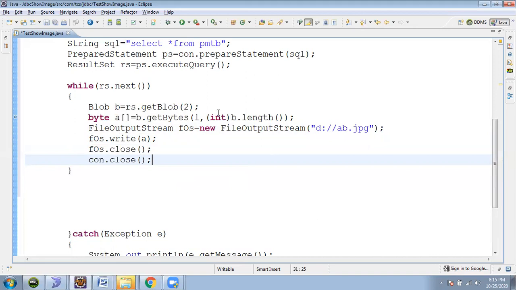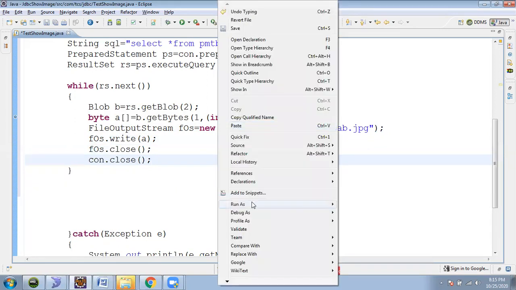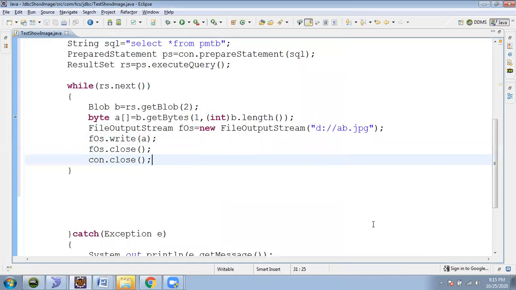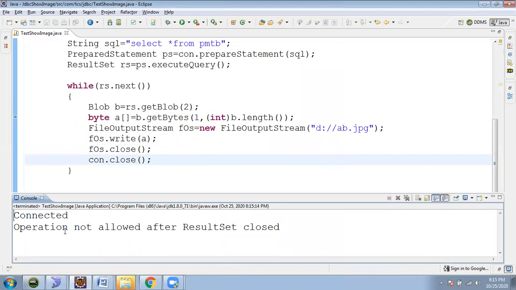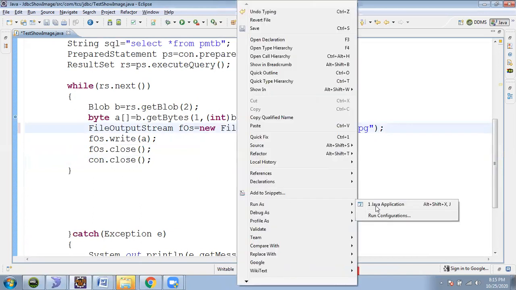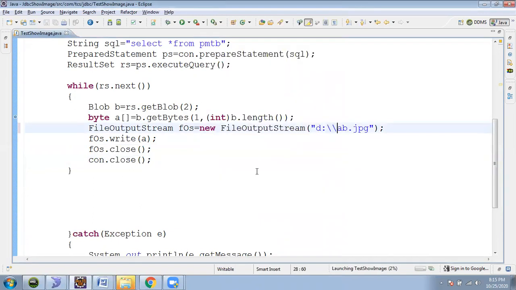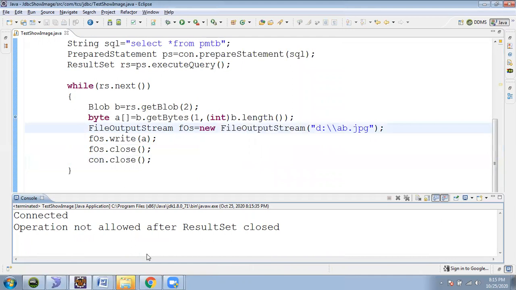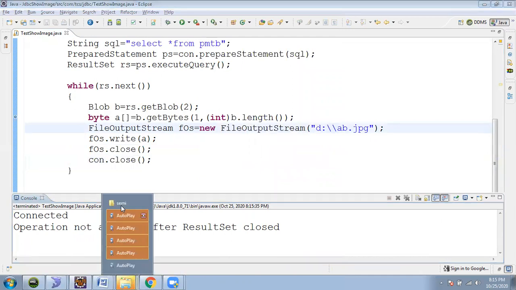Let me run this program. Connected operation not allowed after result set close. Let me see once again.